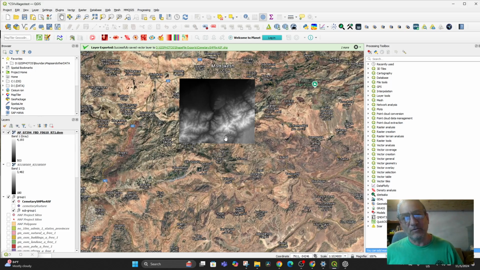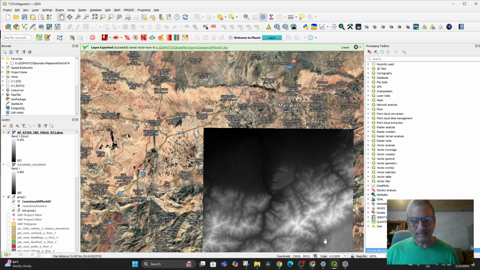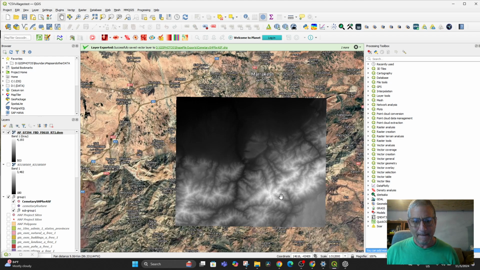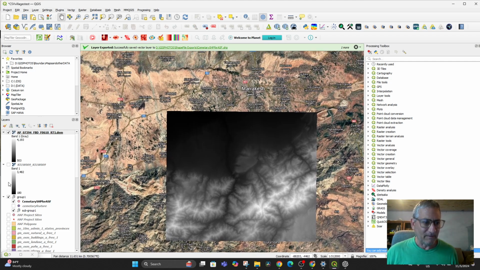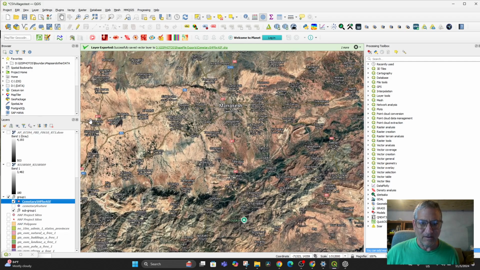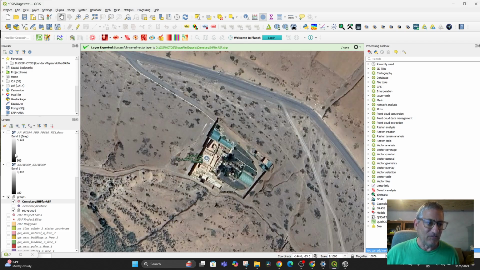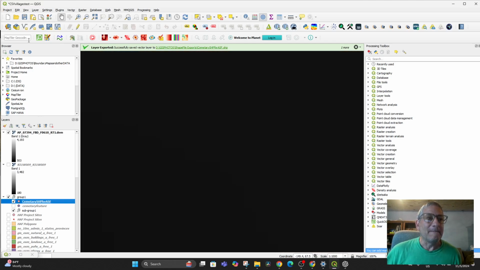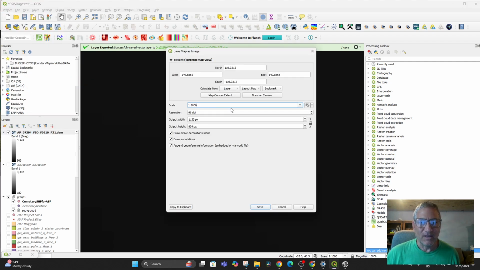All right, then what I'm going to try to do now, if I can, is come here to this data. I need to know where my place is. In fact, this is where I zoom in on here, but I do it at a much higher resolution. I'll go to 1 to 1000. There we are. Then turn this on. It just appears black. But then I'm going to go to Project, Export, Map to Image. Use the canvas extent. Bring the resolution, maybe it's okay, 1 to 1000. Output width, output height. And I'm going to save this